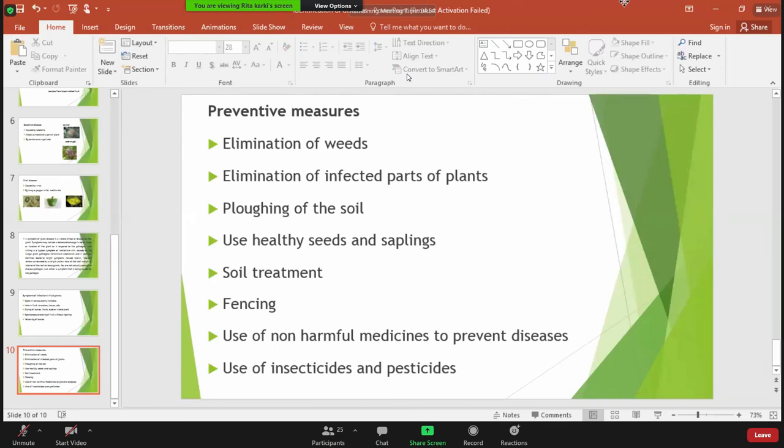We have seen in many fields that people use ash and acids, that are also effective chemicals for the treatment of the soil, as well as the excreta of the cows and buffaloes, even the neem leaves as well as the solution of the neem leaves can also be used for treating the soil, that can ultimately help in elimination of the pest, elimination of the diseases that may be present in the soil. Similarly, fencing is also very, very important.